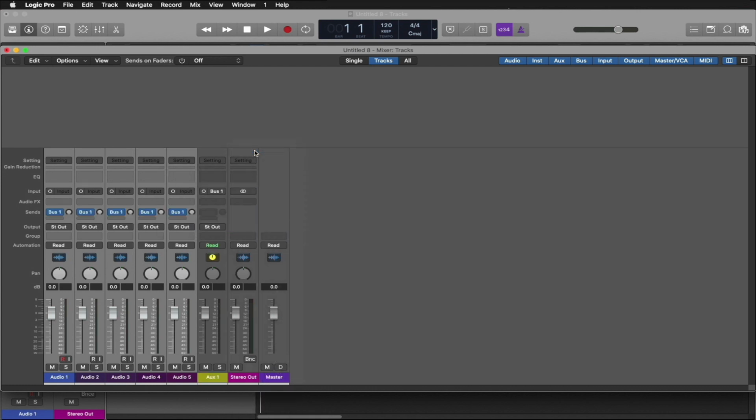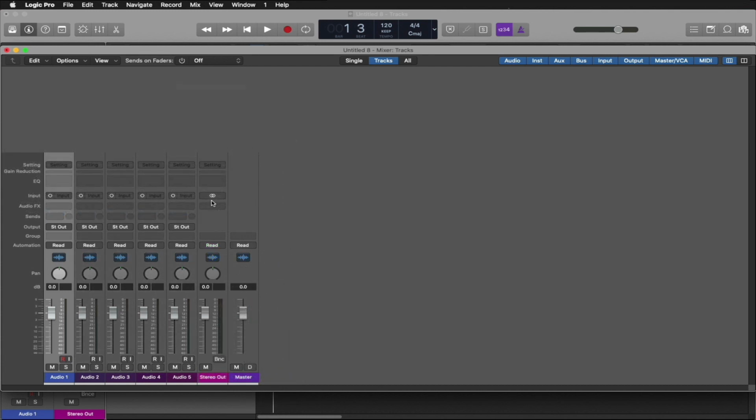Now I can go to each audio track and select whether I want to send pre or post fader and adjust how much audio is being sent to the aux from each audio track, along with inserting any plugins that I need on the aux track. The most common use for this type of send is for time-based effects, such as delay and reverb.